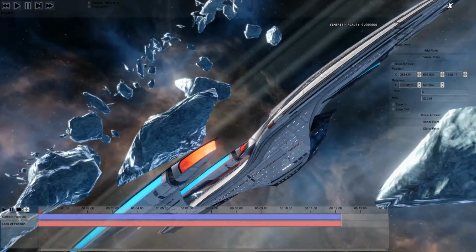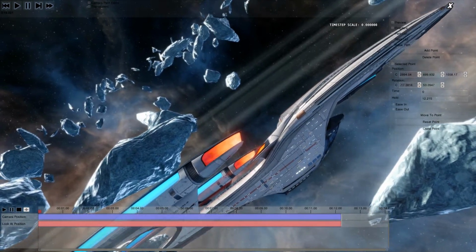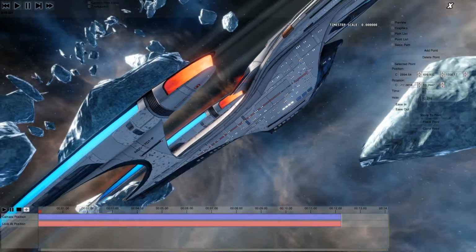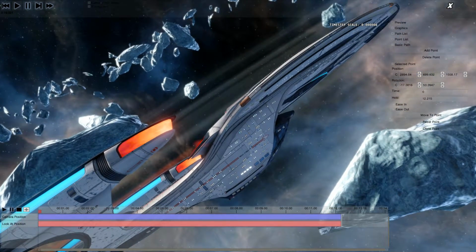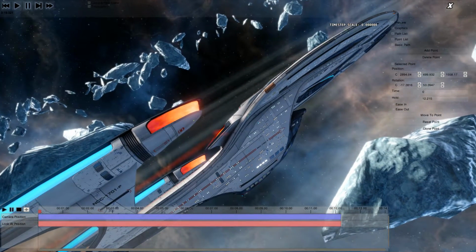Yeah, maybe have the NCC 1701F in both places there clearly visible, probably down a little bit. Okay, we're going to do it there. So when you add your next point,